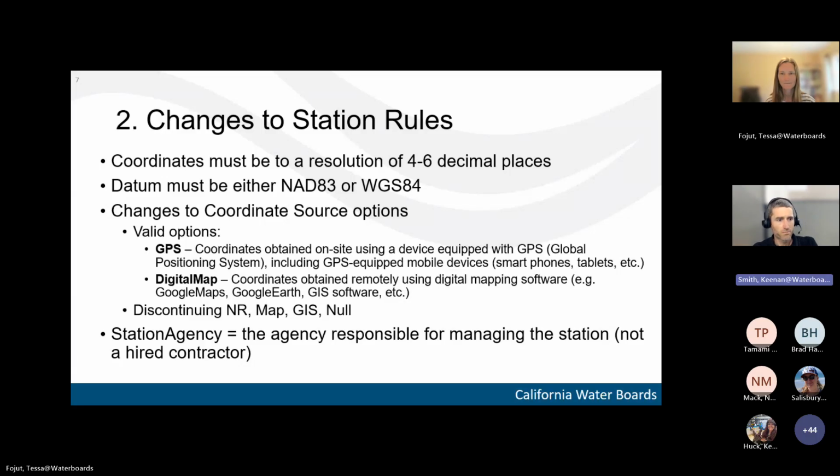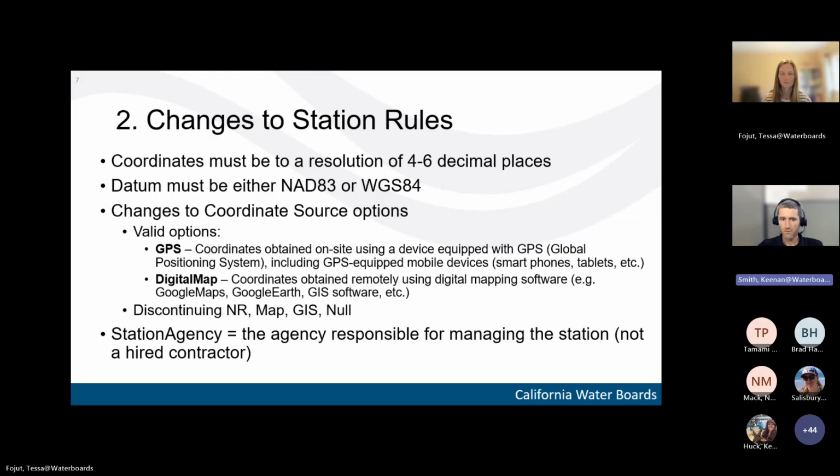In an effort to tighten up the station vocabulary in CEDEN, we're proposing making some changes to the rules governing new stations, and we're happy to hear any thoughts you might have. These changes will apply to vocabulary submitted to both CEDEN and CEDEN 2.0 once that's up and running.